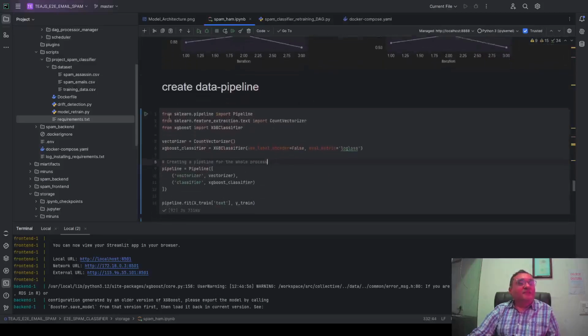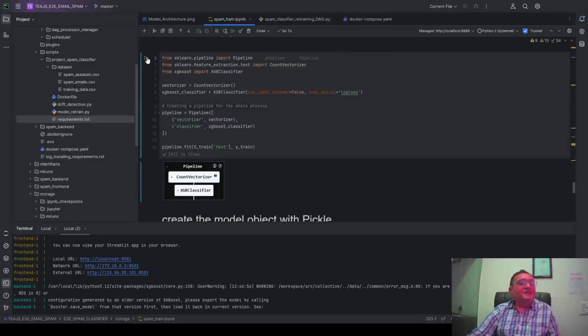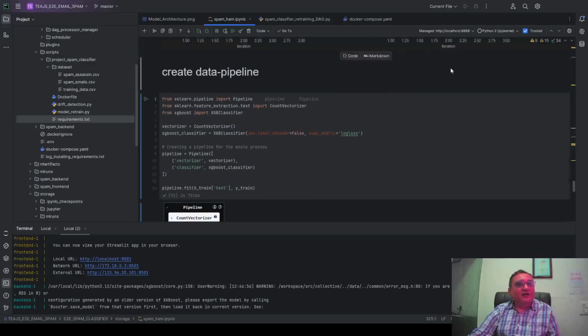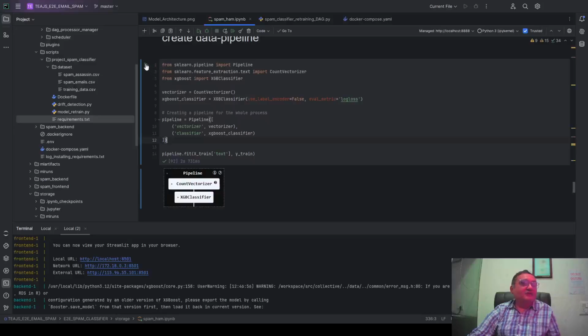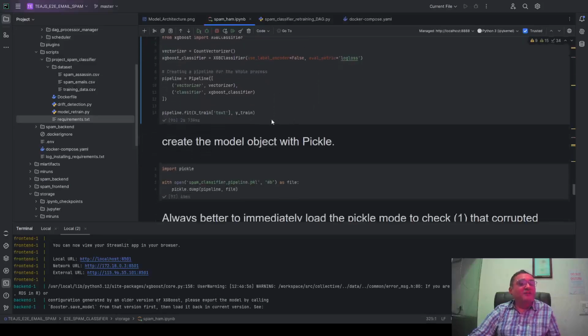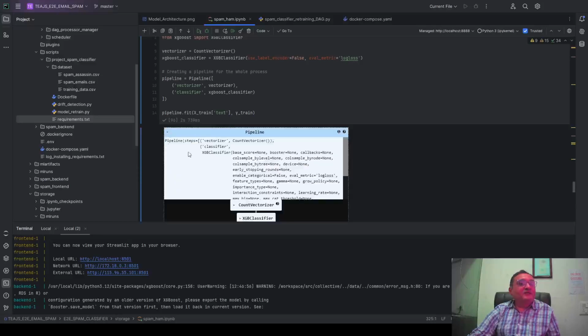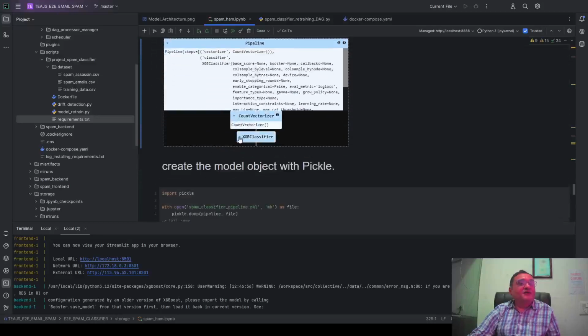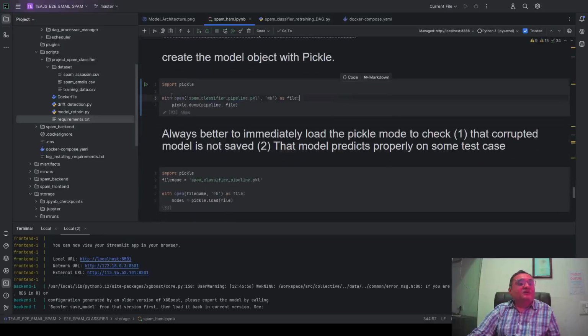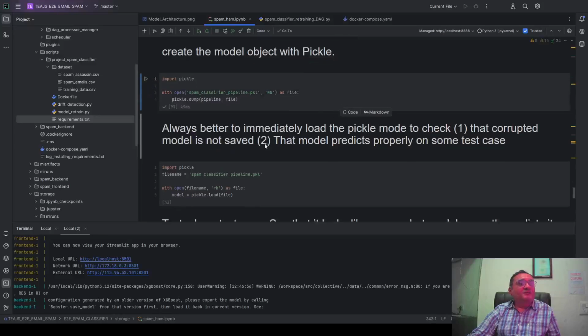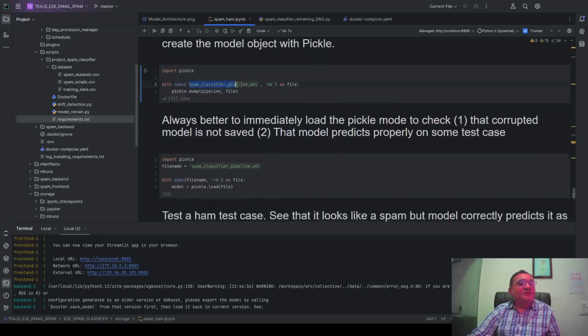We create a data pipeline using our best XGBoost model. Actually, the role of MLflow was over before that, and therefore we closed the MLflow window. But we need one data pipeline for our deployment process. So we create a pipeline, and this is that pipeline which was created. It had 2 elements, count vectorizer and classifier. Okay. Now we dump this model pipeline as a pickle model, spam classifier pickle,